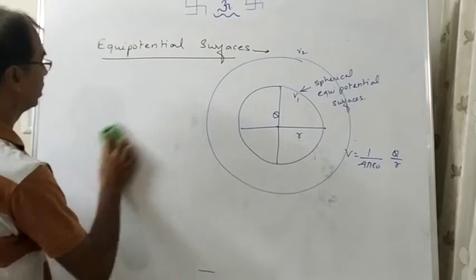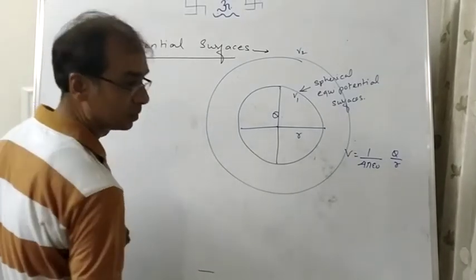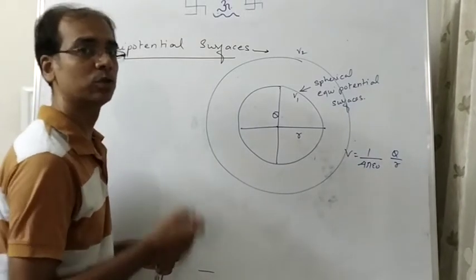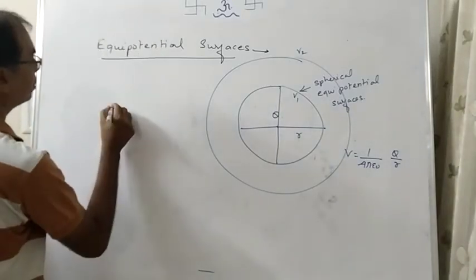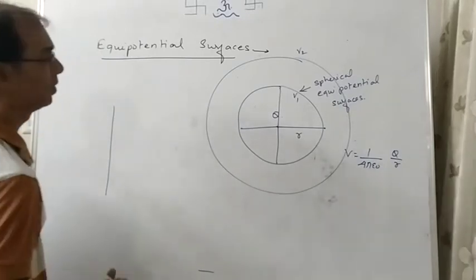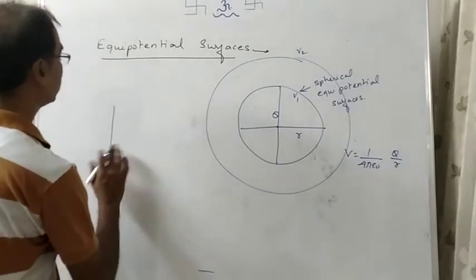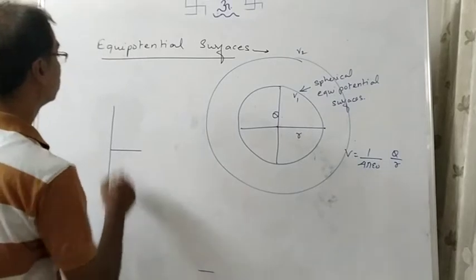Okay, let's see the third one then, cylindrical. When are we going to get cylindrical? Again, go back to the wavefronts. We got the cylindrical wavefront when the source was a line source. Here also, if I have a wire which has uniform charge density, we used to take lambda, and if you remember, because of lambda we found the electric field also at this point. So if it's infinite,